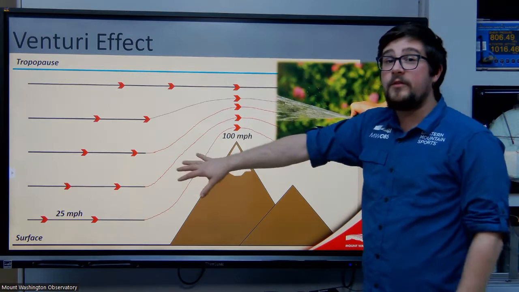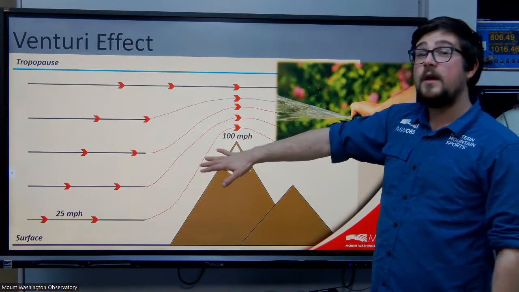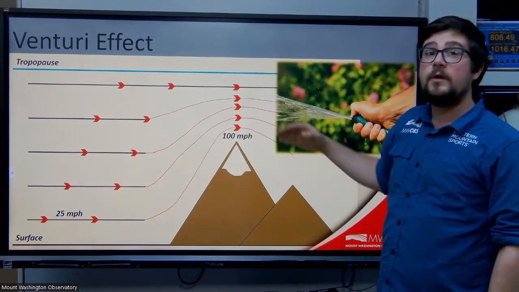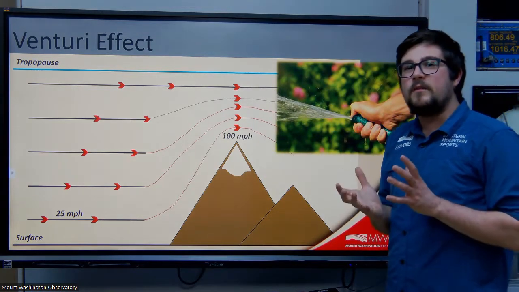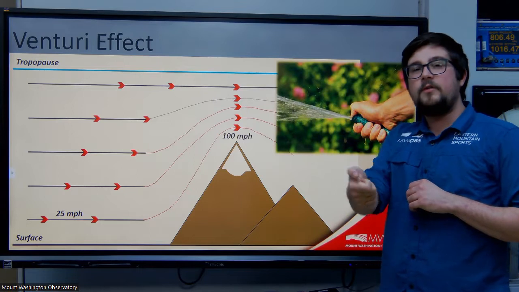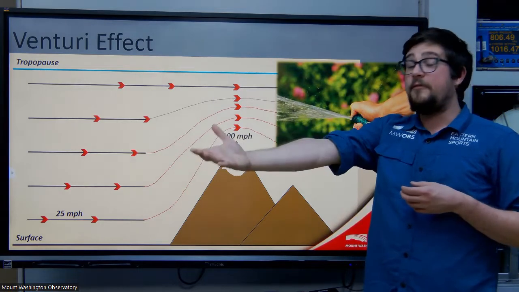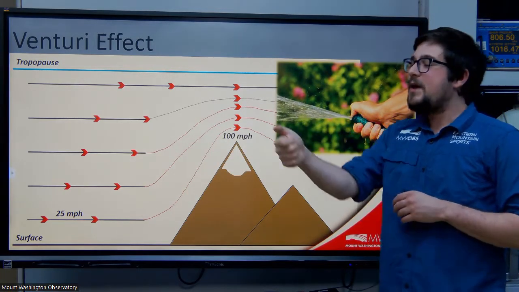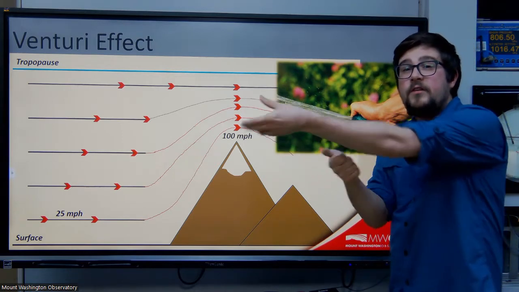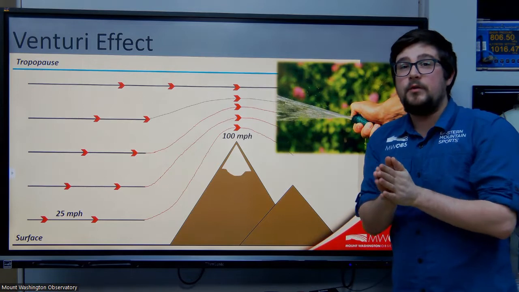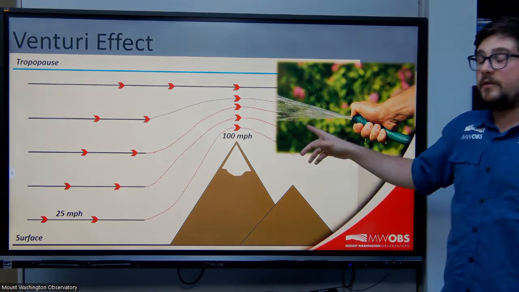And so the winds obviously can't just go right through the mountains. They're forced up and over underneath that troposphere, or tropopause, I should say. And what we get is a squeezing of the wind. It's sort of like putting your thumb on a garden hose when you want to reach, say, a flower that's further away from you or whatever. You're putting your thumb on that water, you're restricting its movement, and so it's increasing its velocity as it's coming out of that hose. And so a similar process occurs here on the summit.